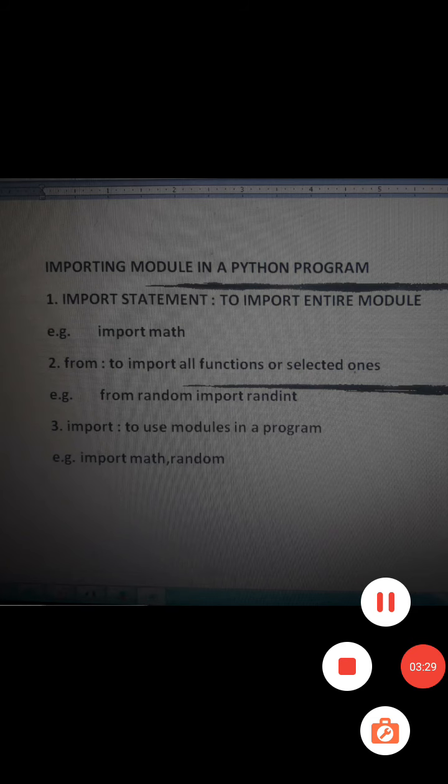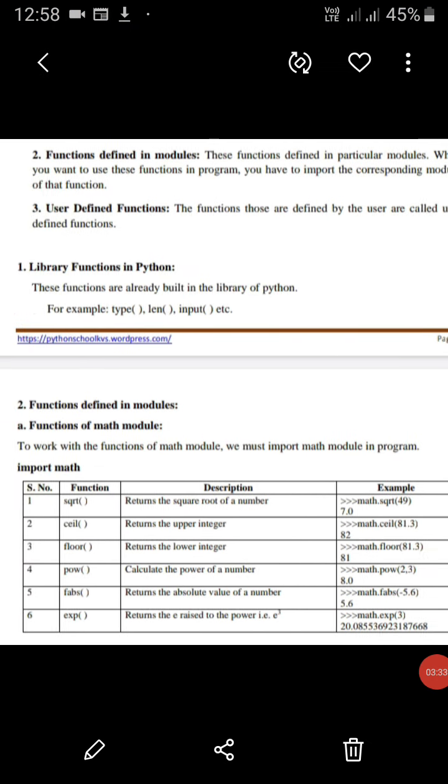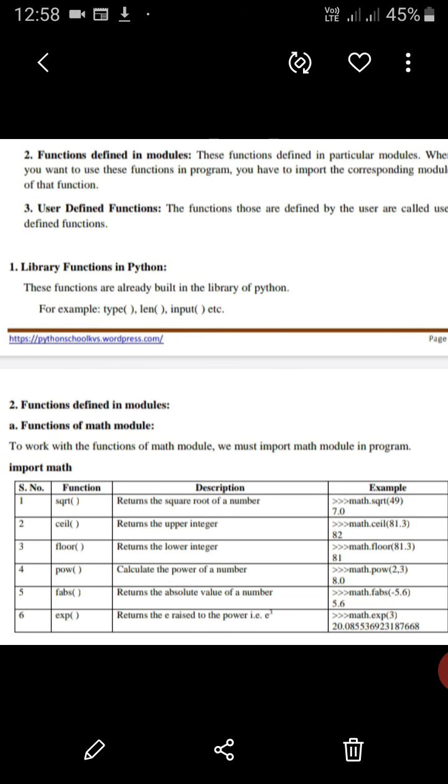Now next, here we will see some functions of math modules: sqrt, ceil, floor, pow, fmas and exp. Now we will implement these functions practically using Python.